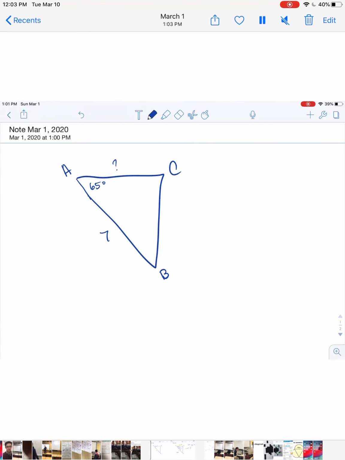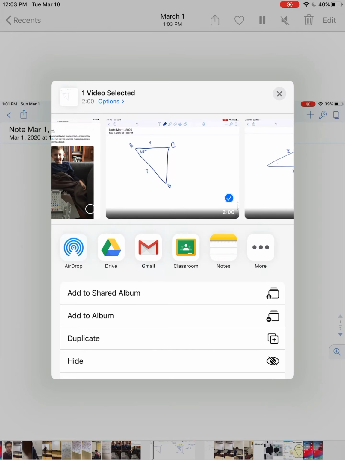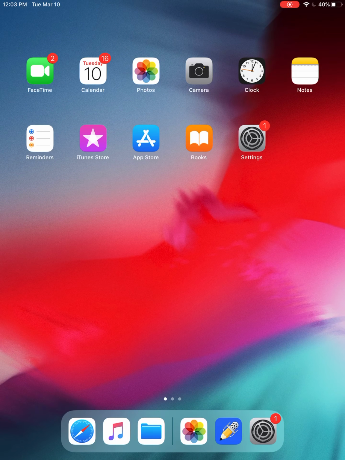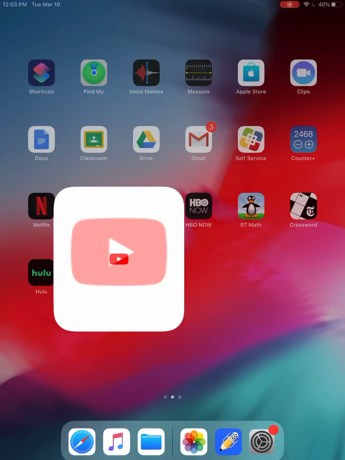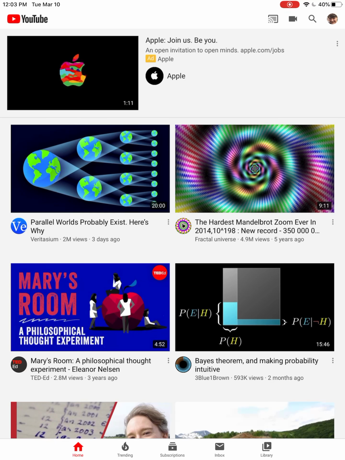So you'll see this was one that I made for students last weekend, and you can hit this kind of square with an arrow button, and there's lots of different ways you can share it. If you have the Classroom app downloaded, you'll see kind of this fourth one to the right. You can upload it directly to Google Classroom. The other thing you can do is, if you have the YouTube app, have that, and then upload things. And then when you're done, you hit